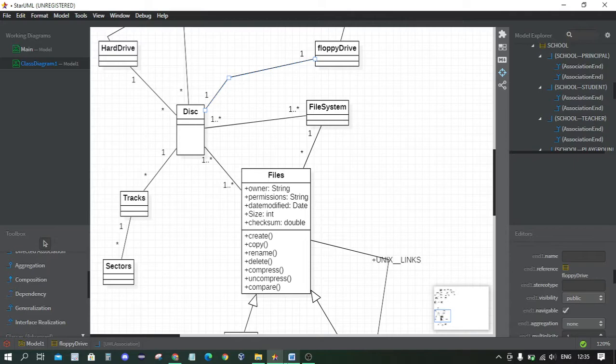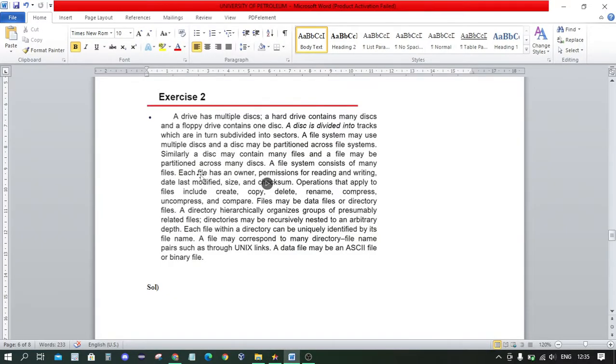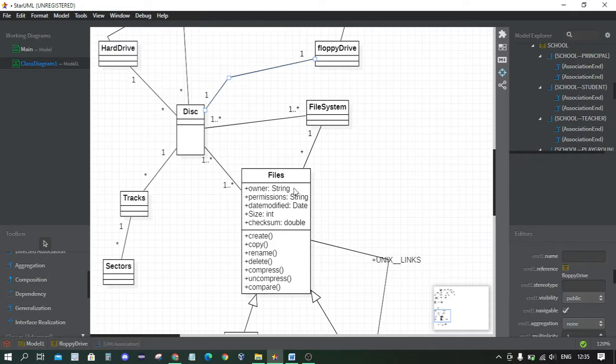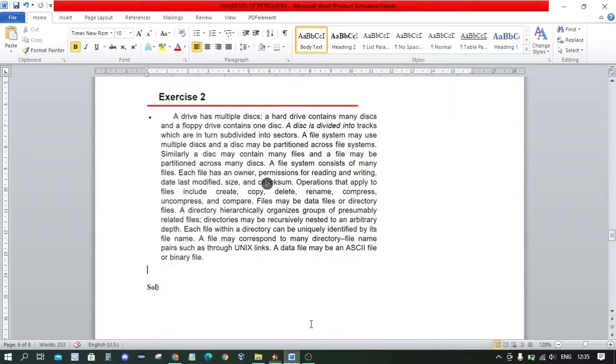So our file class has owner as the first attribute. We can consider the owner as the name of some person, that's why I considered the string return type for the owner. Then permissions, for reading and writing, and date last modified also.